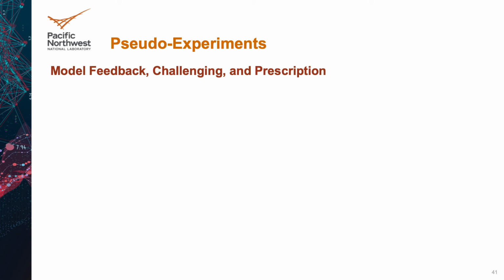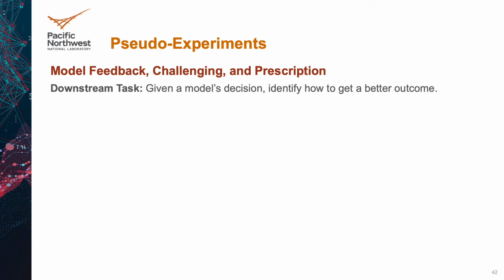The model feedback, challenging, and prescription use case effectively considers trust in the system. The model in context of the impact on imposed users of its decisions and subsequent recommendations or actions taken. The need for effective explanation of model decisions for recourse is a natural response to the continued widespread application of artificial intelligence or machine learning models to supplement or automate tasks in domains where incorrect or biased recommendations can have significant human impacts. An example downstream task for this use case would be, given a model's decision, identify how to